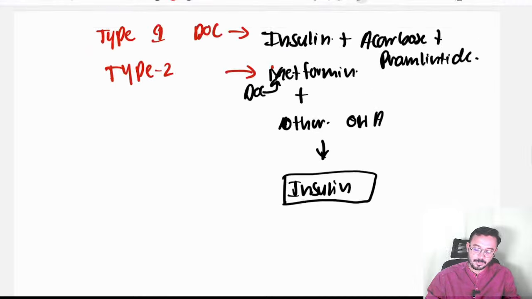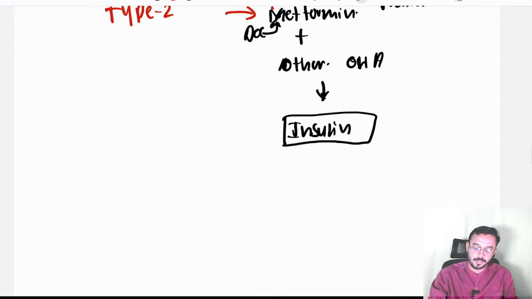And next, why can insulin not be given orally? Can anybody comment in the comment section why insulin cannot be given orally? Always insulin is given through the subcutaneous route, right? Or in an emergency we can give it IV also. I will be teaching types of insulin also.